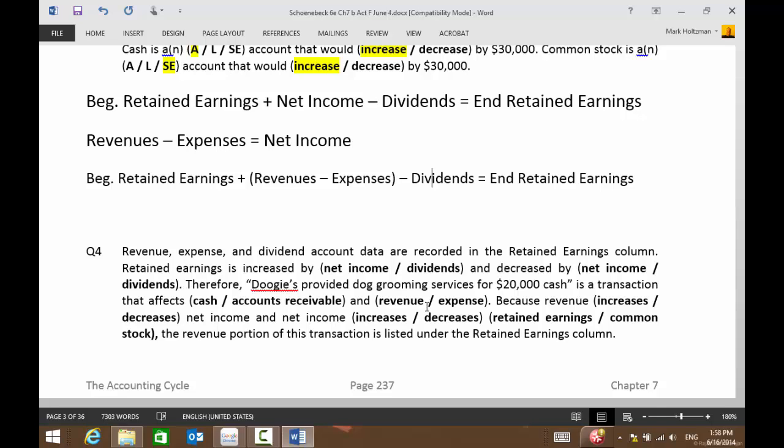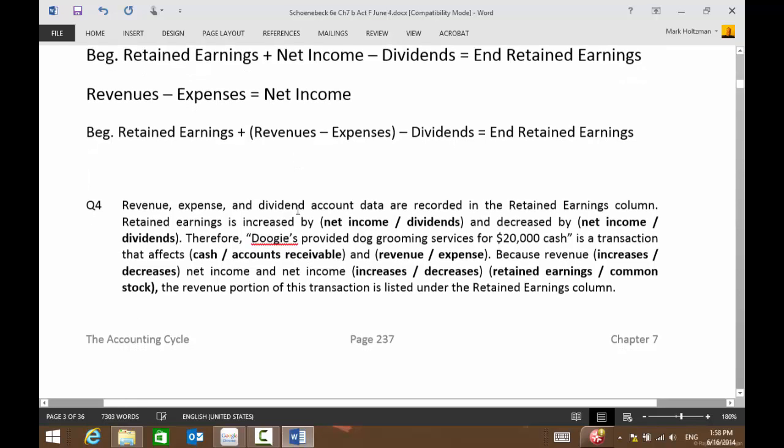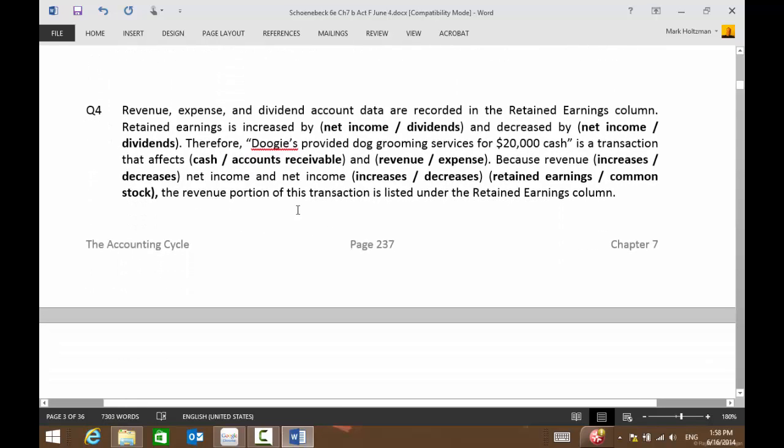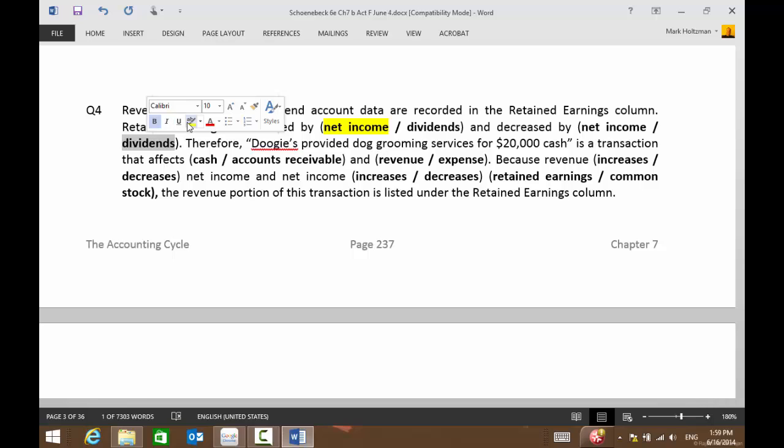So now look at this. Revenue, expense, and dividend account data are recorded in retained earnings. Retained earnings are increased by what? Net income or dividends? Net income, and they're decreased by what? Dividends. Therefore, if Doogie's provides dog grooming services for $20,000 cash, that transaction, here's the easy part, affects cash or